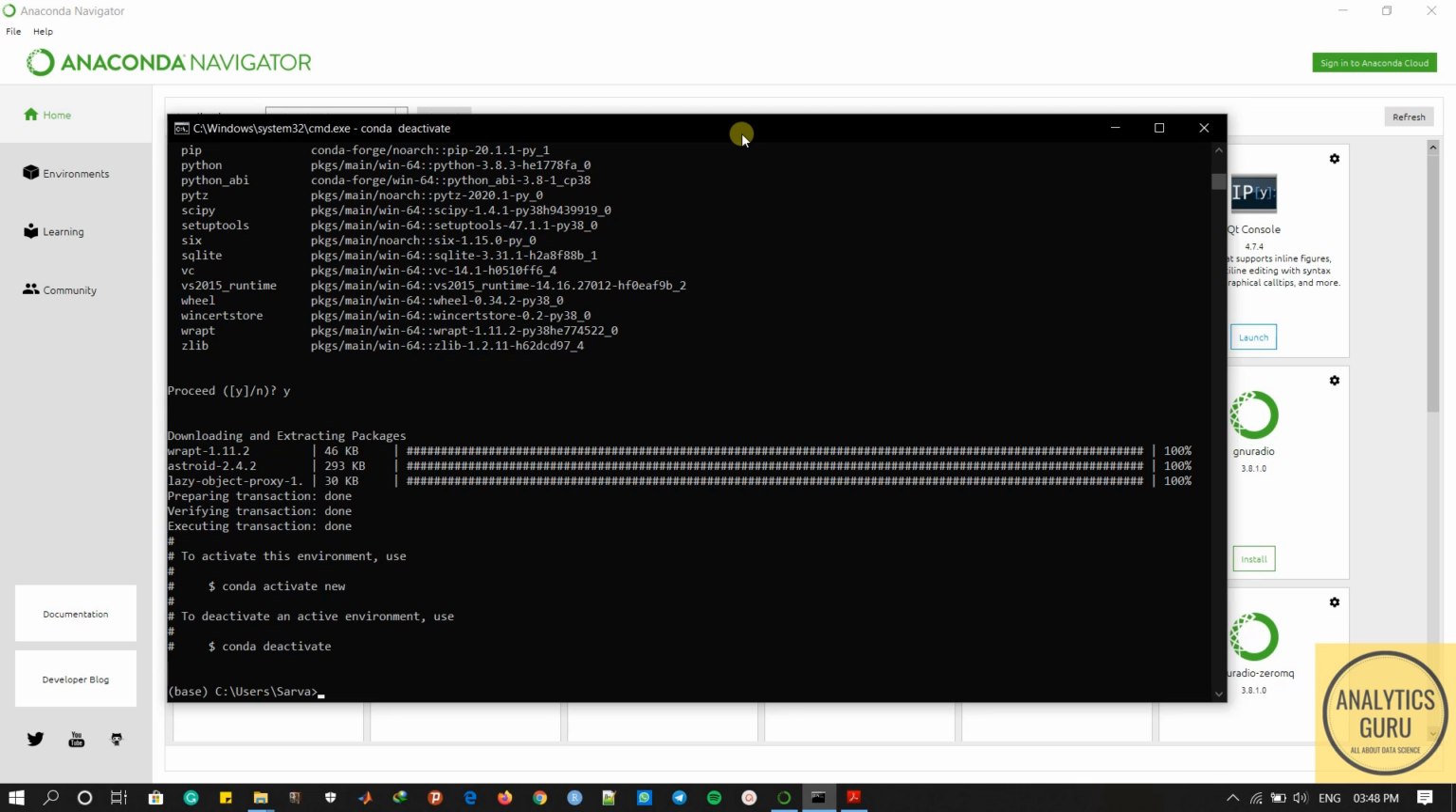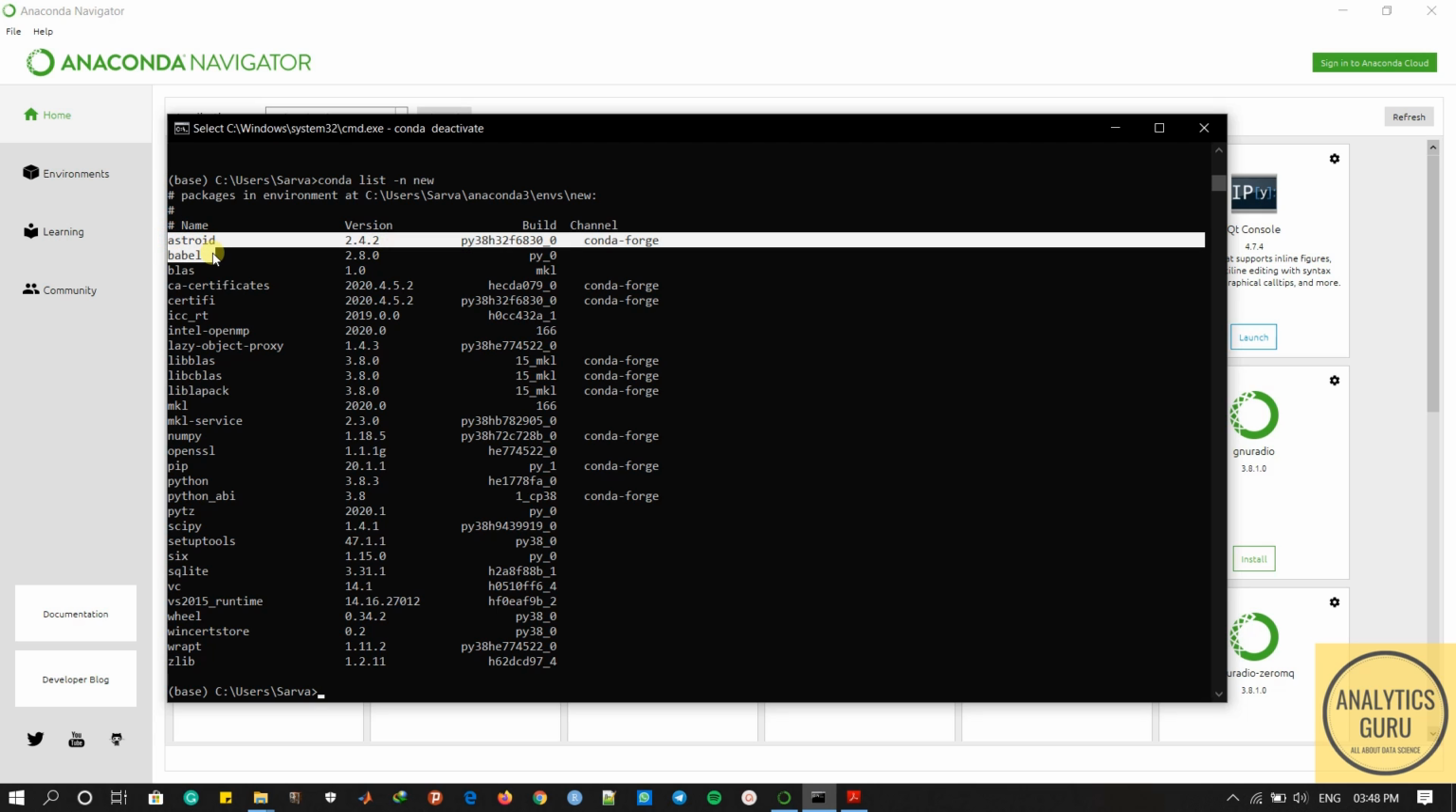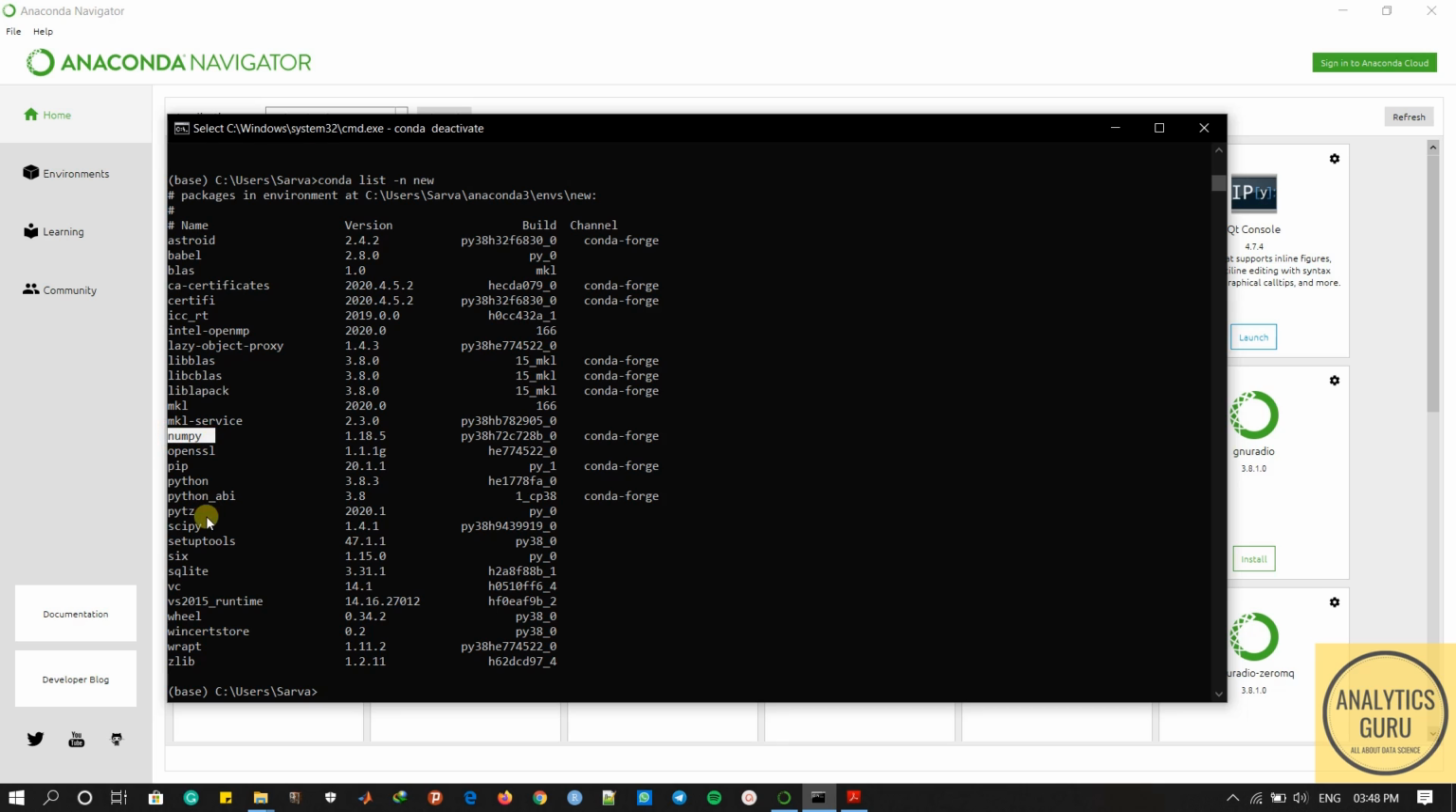Now to verify if my packages have been installed in the environment, I need to write conda list -n and the environment name, that is new, and this will give me the list of all packages installed in my virtual environment new. As you can see, the asteroid and babel packages have been installed, the numpy has been installed, and also the